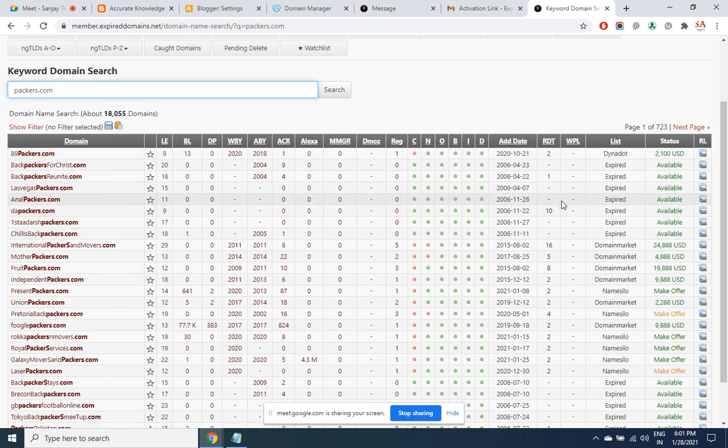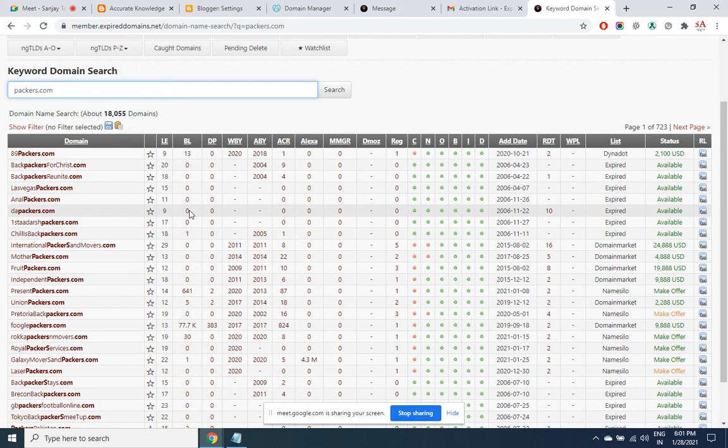There are 723 domains. Now the biggest question: which domain should I purchase? Purchase the domain whose age is very old. Point number one: it should have a sufficient number of backlinks. BL means backlinks, which we are going to discuss in SEO. This figure simply means whether SEO is done or not. The bigger this figure is, the more SEO is already done. Later we'll get to understand what BL is.